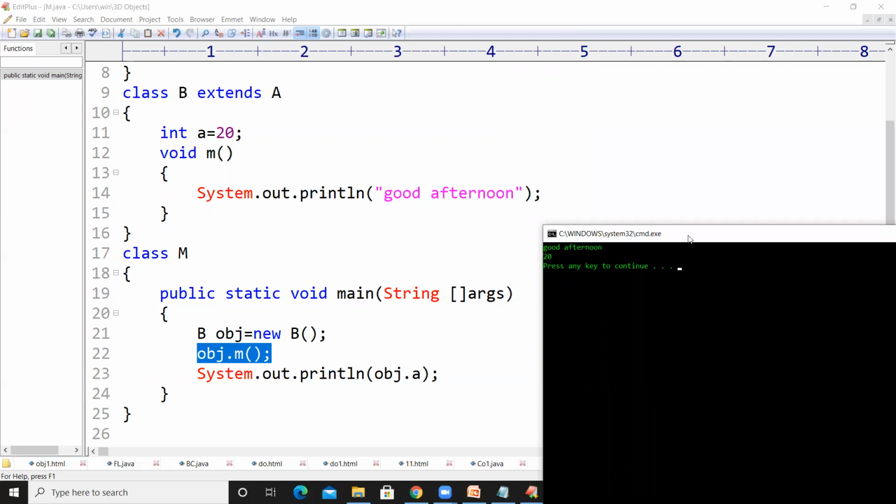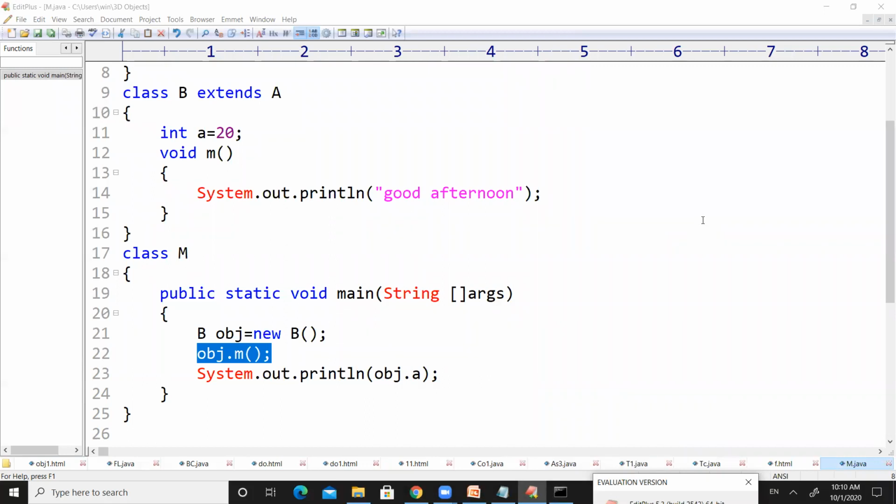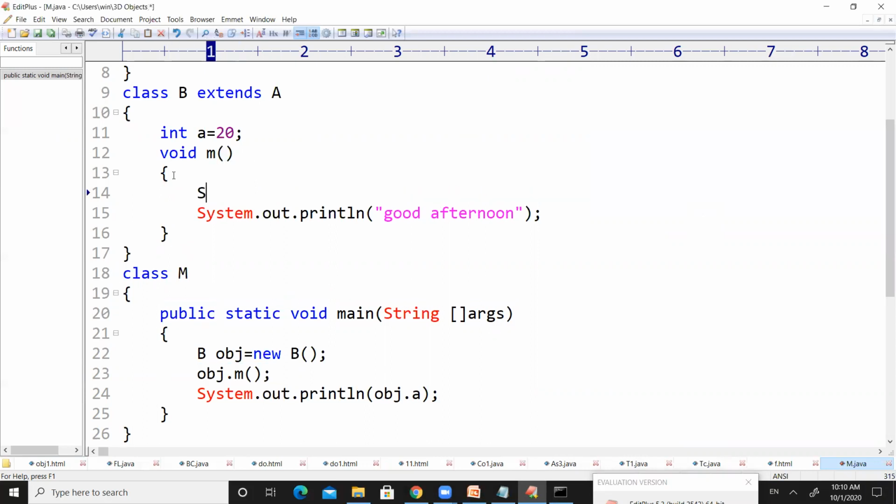So now let us see how we can make use of the super keyword in order to access the superclass methods from the subclass methods, right? So now let us have a look here. Let us try to print something. System.out.println, right? System.out.println a. So if we want to print the value of a, let us delete these two statements. Let us rewrite the statements again. Don't worry. So this method will print the value of a,